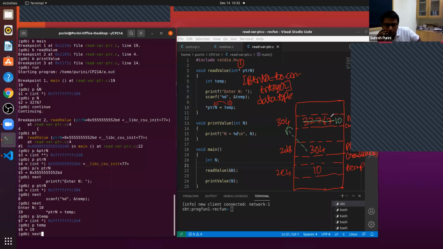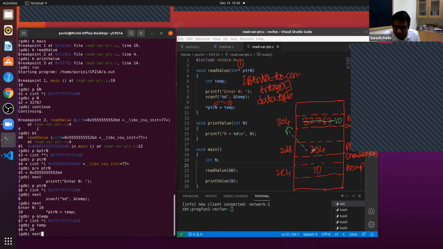Are you all with me here? Does it make sense? That's what star does. Whatever value it gets, it goes to that memory location and examines it. PTRN contains 304, right?